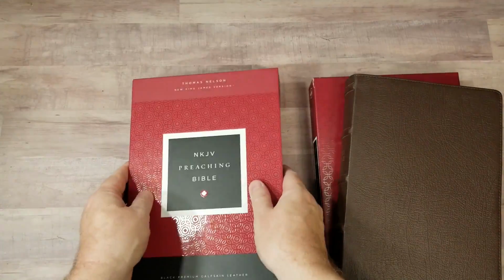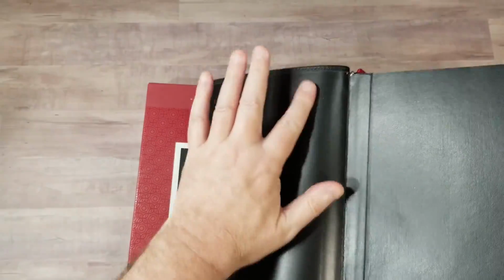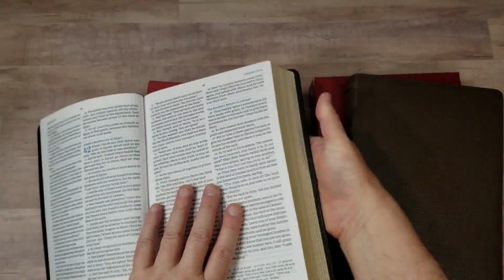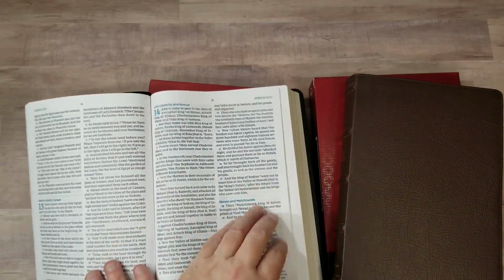So first is the Preaching Bible, the one that this one replaces. Now this one is a calfskin with an edge line liner. The edge lining on this one is lined with heavy-duty vinyl. I don't know how long that will last, but it seems to hold up fairly well. It's a little bit stiff for me, but it does stay open fairly well. You just have to get it in the middle of Genesis somewhere. But